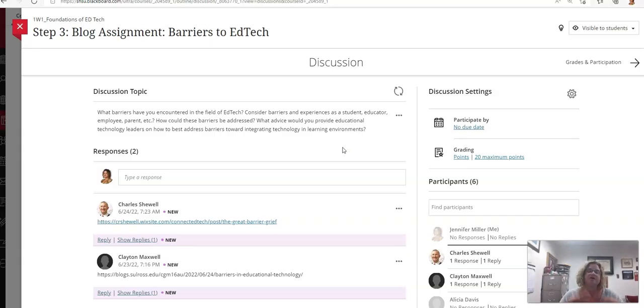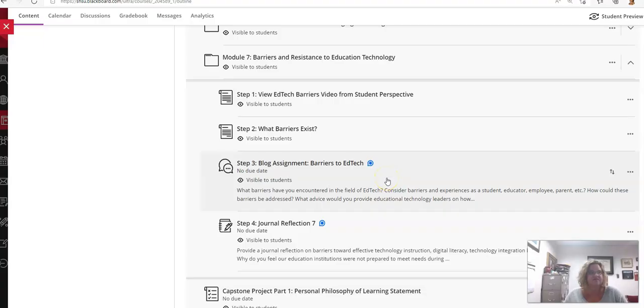And for some reason, we still have huge digital divides that I think not only deal with equity but also accessibility still. And so this became very apparent during COVID. So what can we do to begin to address that? And so I want you to write a blog and share your perspectives on that.